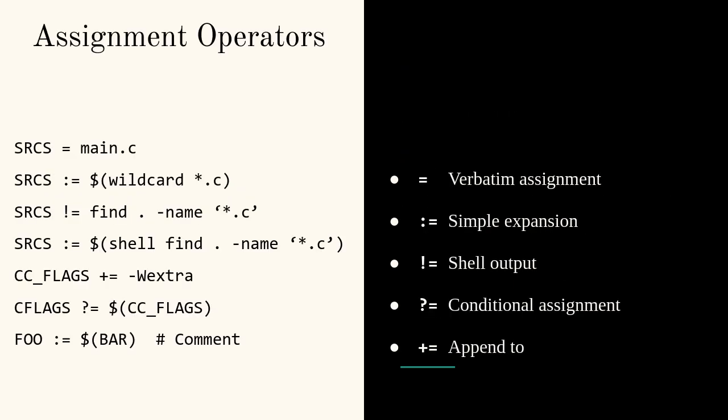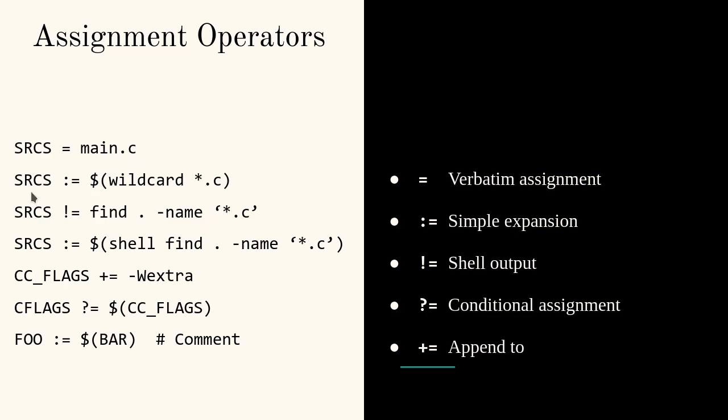So the first thing, we're going to do a little bit of syntax. There's a bunch of different ways that we can assign variables in Make. You'll see that this looks pretty similar to Bash, and a lot of the syntax is designed to follow Bash. So the most simple is going to be the verbatim assignment. Now, even though in this assignment here we have no variables or functions that we're calling, you could put them in that assignment. It just wouldn't